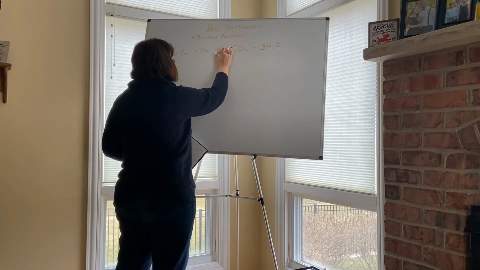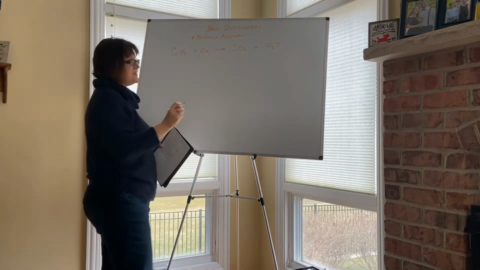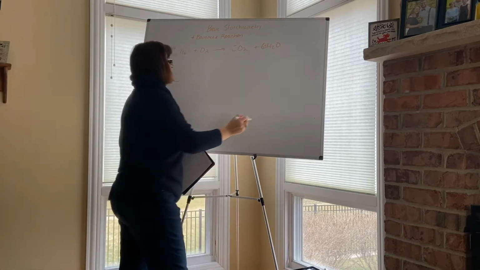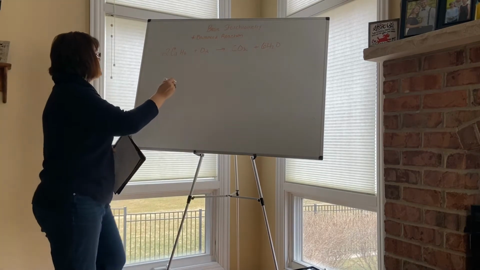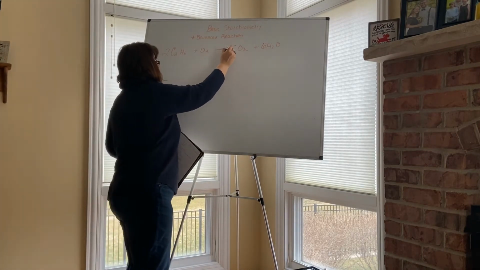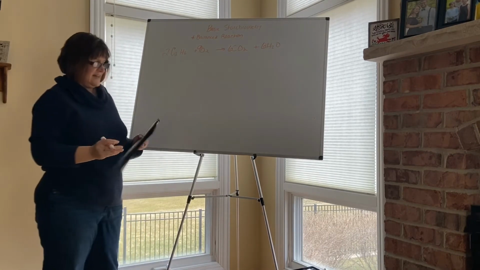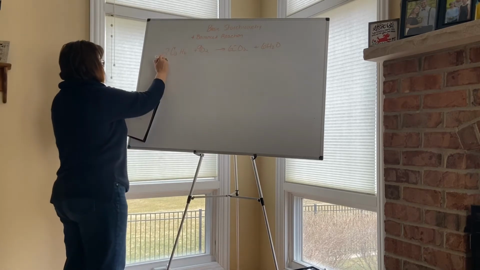So let's erase. And you want to double your odd. We had 3, make that 6, causing us to have 12 hydrogen, 6 carbon, and 9 oxygen. Now the problem that we're going to do will be how many liters